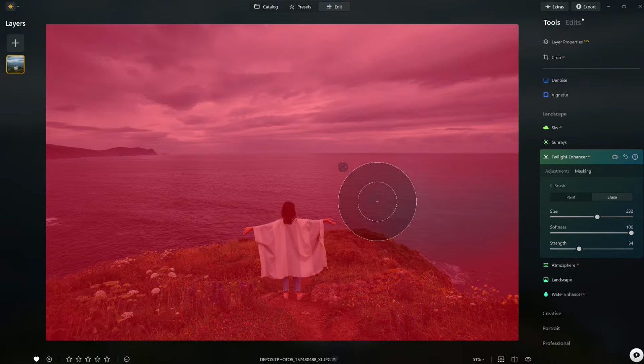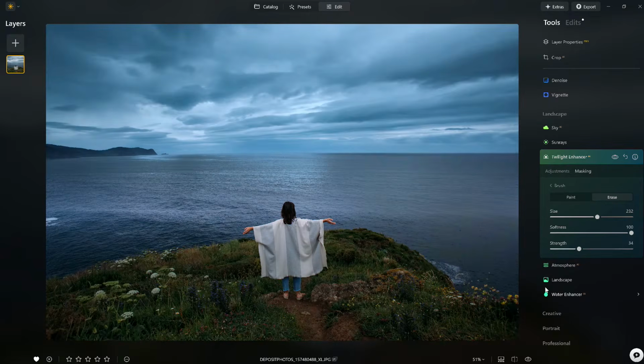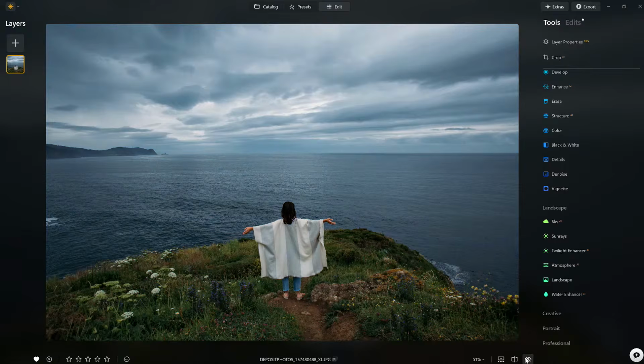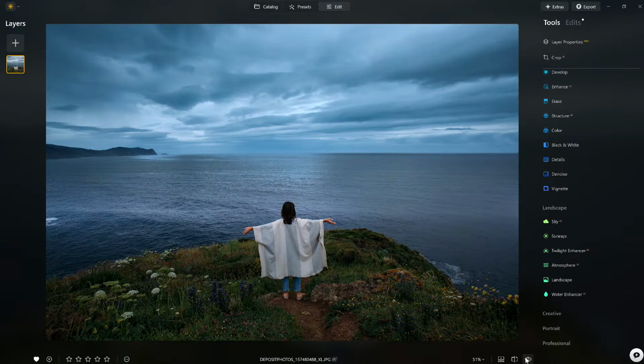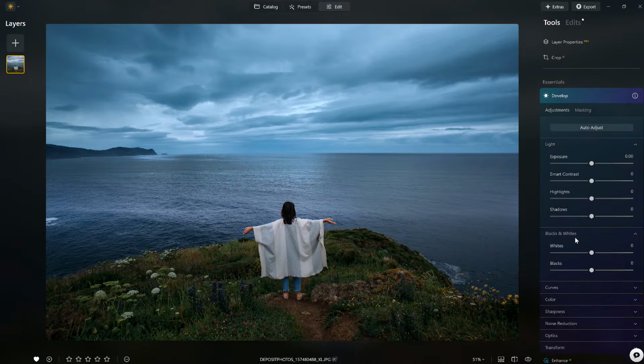And I'm just going to come in and get rid of it just a little bit in this area here, let it fade, and that's fine. All right? So now that we did this, here it is. Before, after, we're off to a great start, but I am going to come to the Develop tool, and I